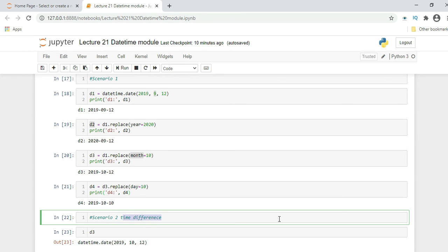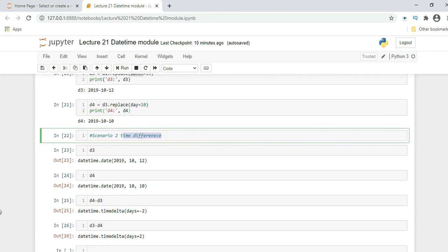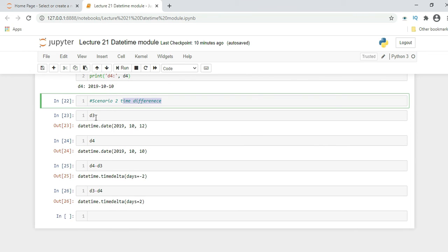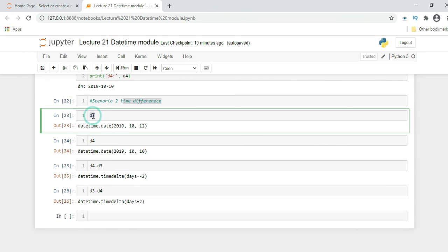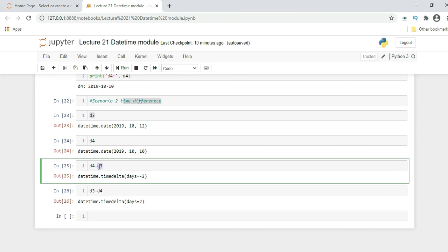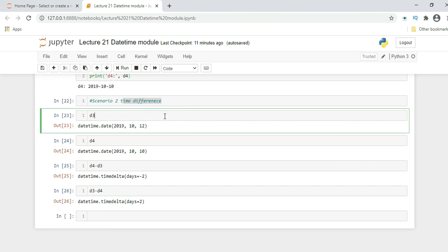Scenario 2, where you can calculate a time difference. So this is d3, and d4, this is the value of d4, datetime.date 2019 10 10. Now if you compute d3 minus d4, it will return by day minus 2, because d4 is the 12th of October 2019, and here it is the 10th of October 2019.